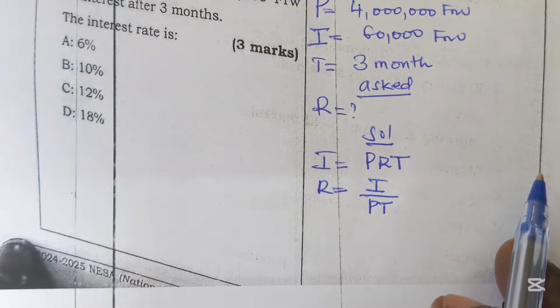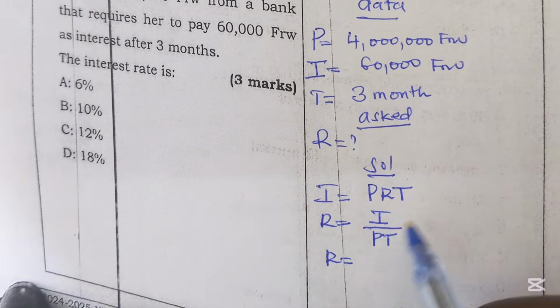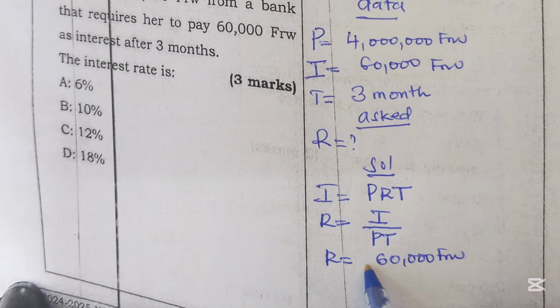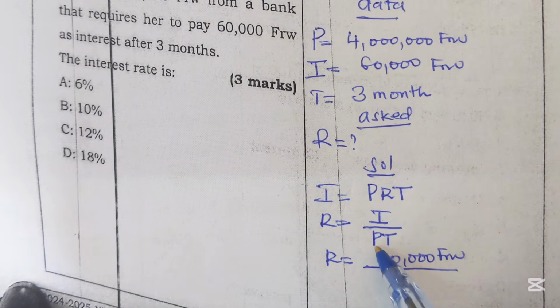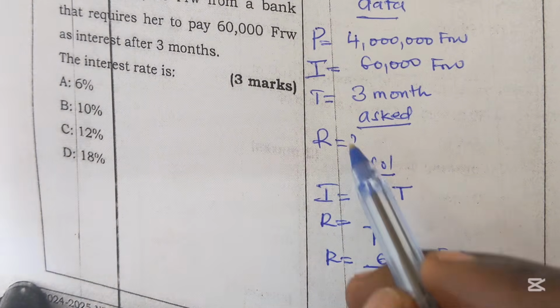Here the interest is 60,000 Rwandan francs, divided by the principal, which is 4 million,